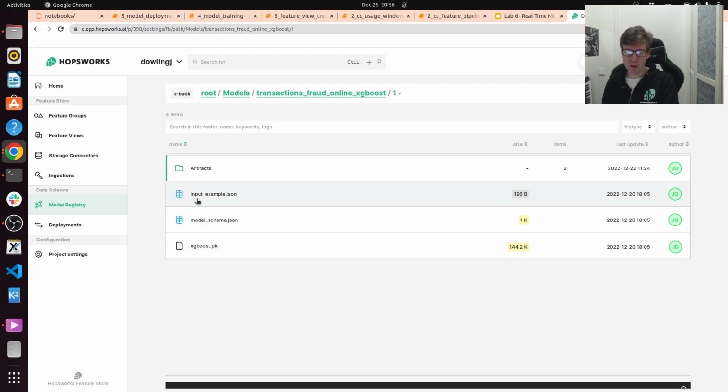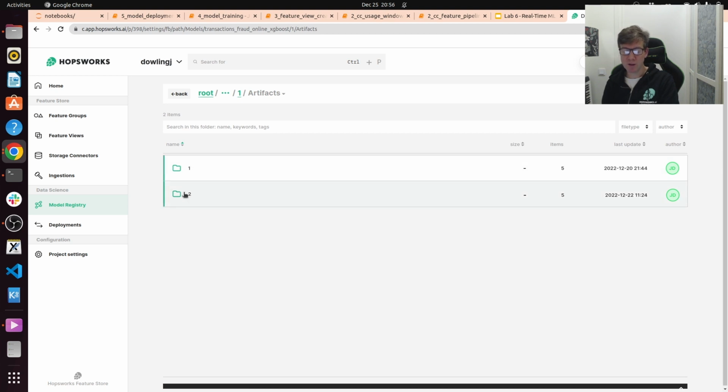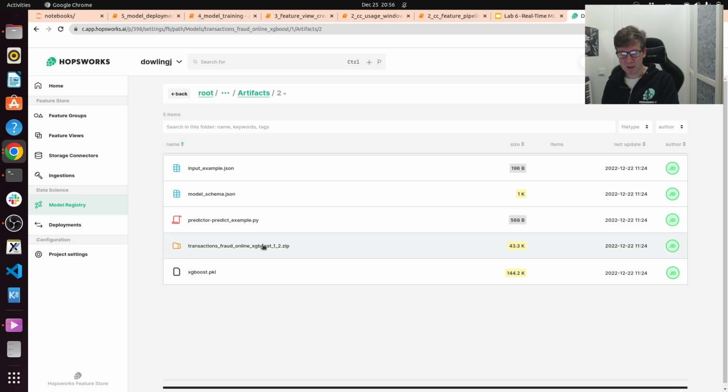We see we have a couple of other JSON objects in here. This is the schema for our model, and then an input example as well. And then we have some other artifacts. You could have merchant artifacts in here as well. Let's have a look in here. In this case, you can see we have